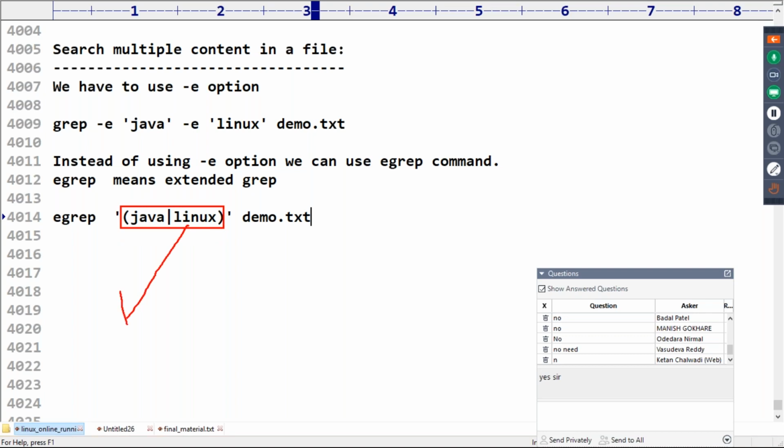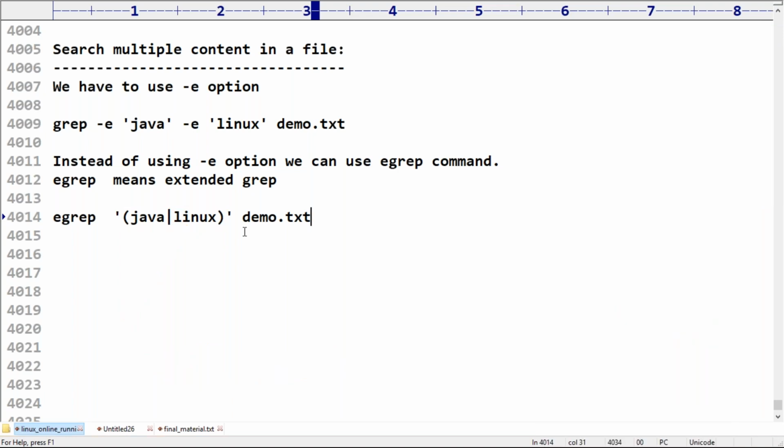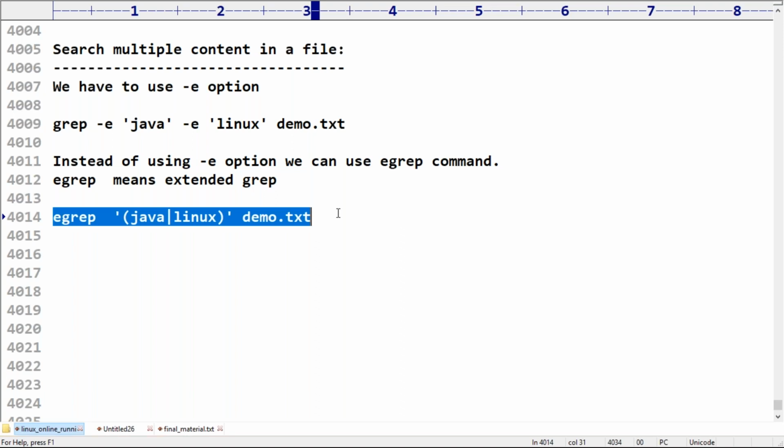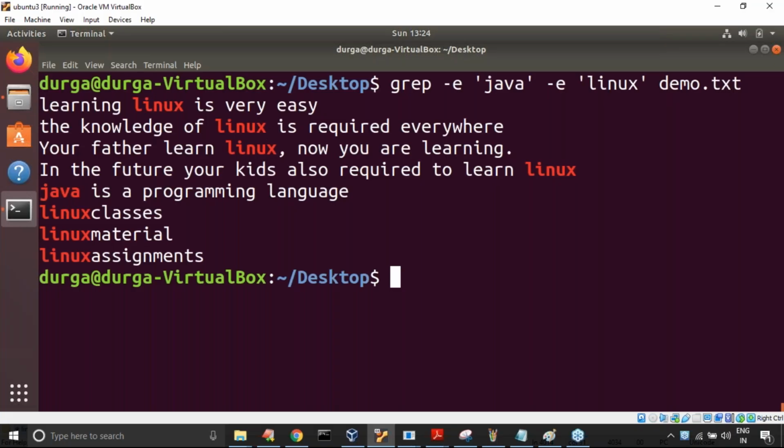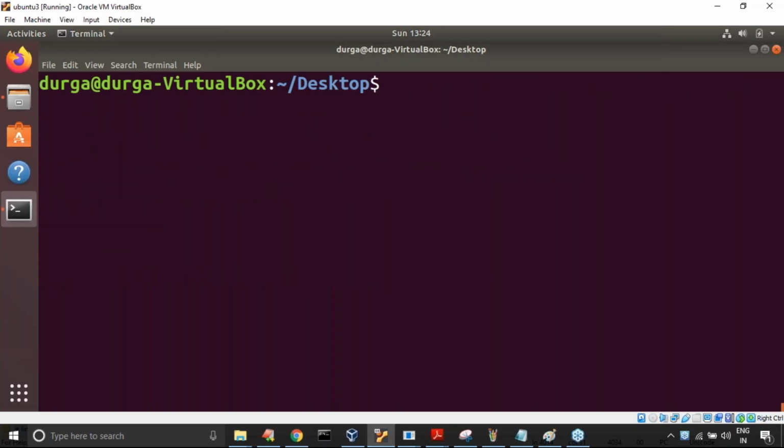Is it a pattern, a regular expression or not? Yes, it is a regular expression or a pattern. We are using the OR symbol. Now have a look at this terminology. Very, very important, friends. Take special care.